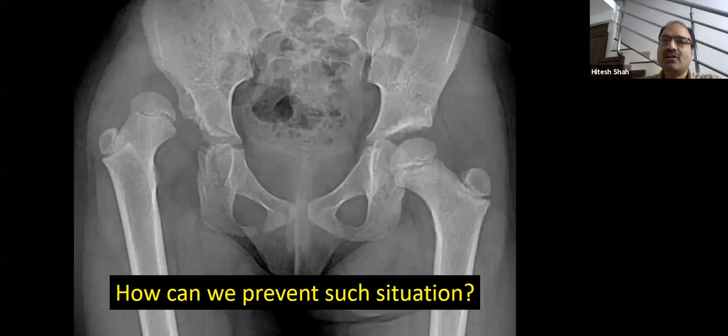In the IHR or Elizarov hip reconstruction, you have to take the limb in full adduction. And in full adduction, you need to add a further 15 degrees of adduction in order to prevent the pelvic drop. And if you are adding the 15 degrees of adduction, you need to correct that in the distal varus osteotomy, because the mechanical axis will go out of the knee with 15 degrees of valgus.